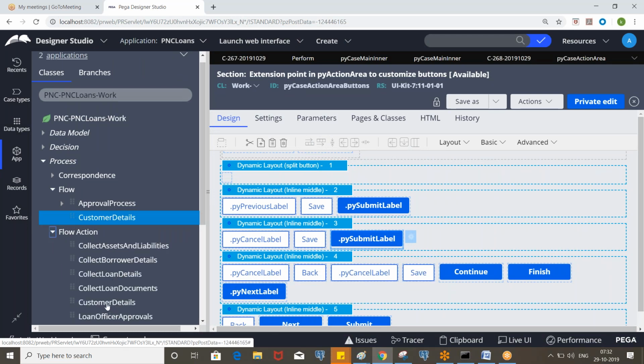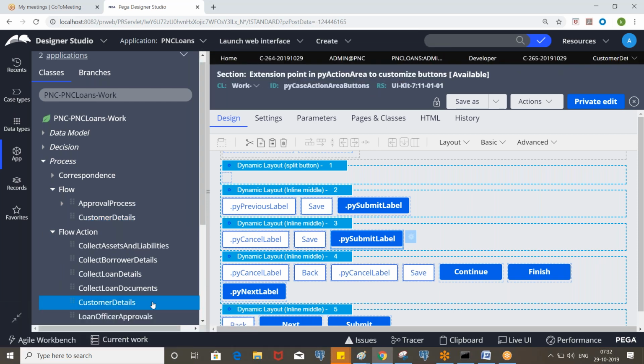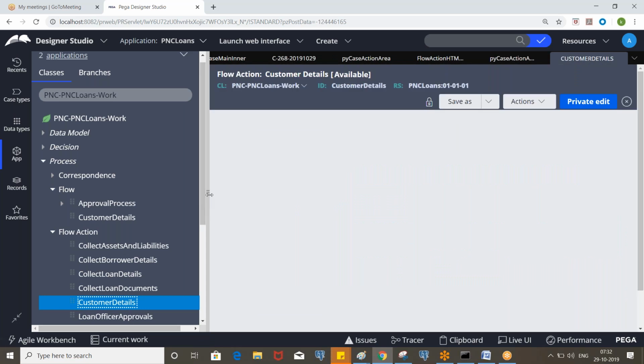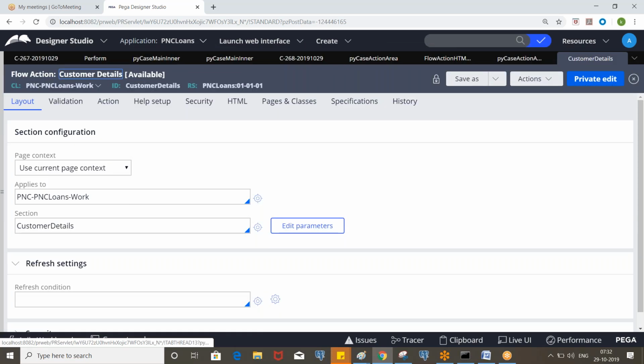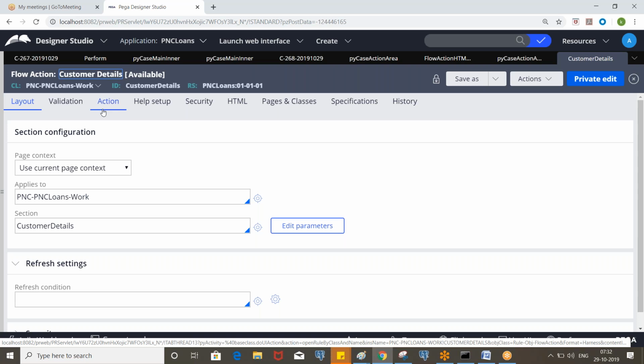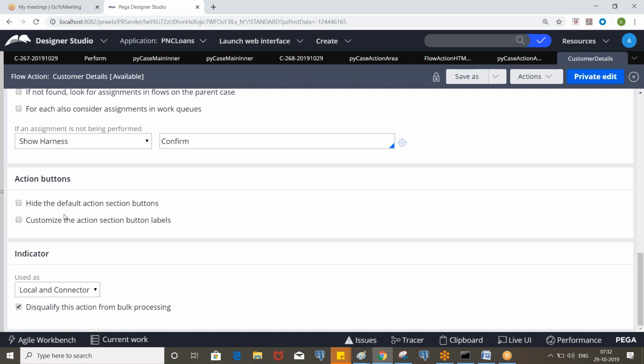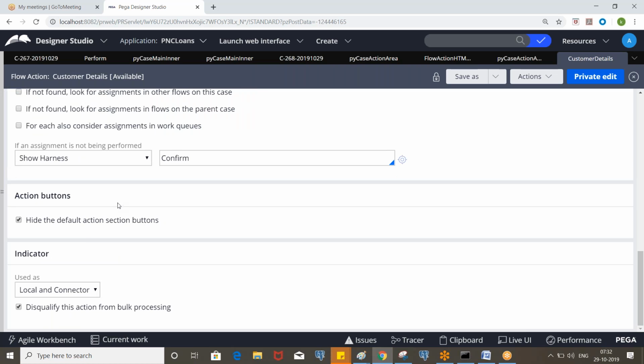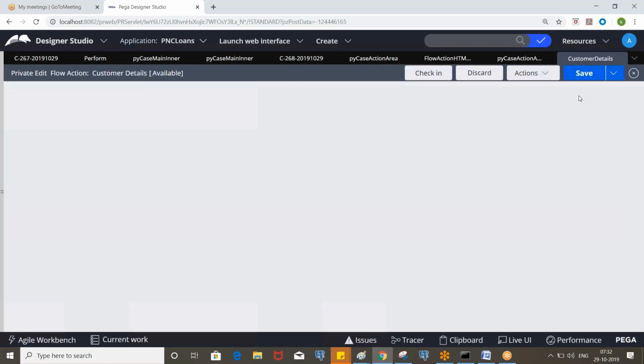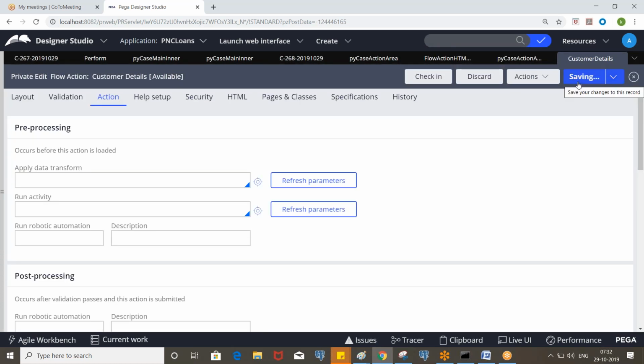For customer details, I do not want the out of the box buttons, the buttons which are coming from PY case action area buttons. So here in the flow action, we have an option to hide the default action section buttons. When you enable this, since it is in the lower version, you need to save as, so just editing in the private.